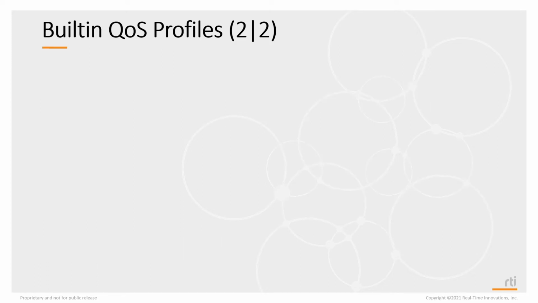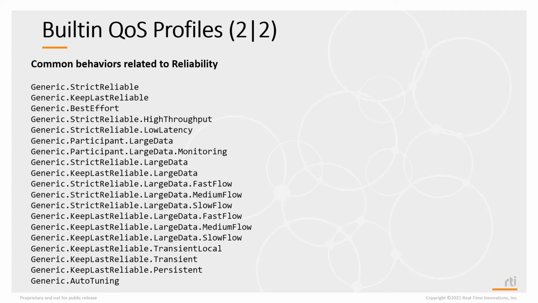Now let's talk about QoS profiles that are related to end user requirements. One of the most common requirements of end users is reliability. How reliable is a connection? Is it TCP/IP level reliability? That's what we call strictly reliable or strict reliable. Is it just keeping the last n values reliable? That's keep last reliability. Or is it real-time and deterministic, which requires best effort reliability, which basically means turn off